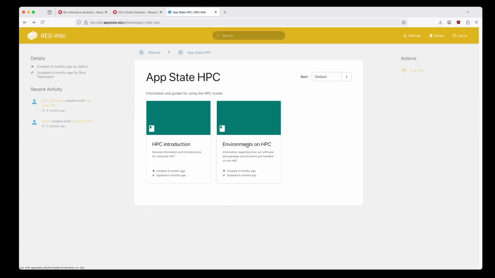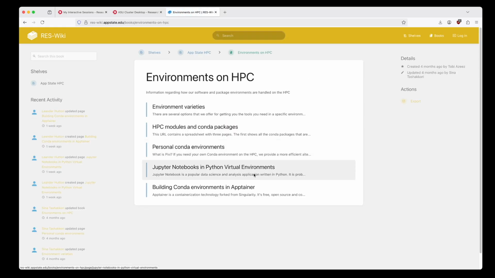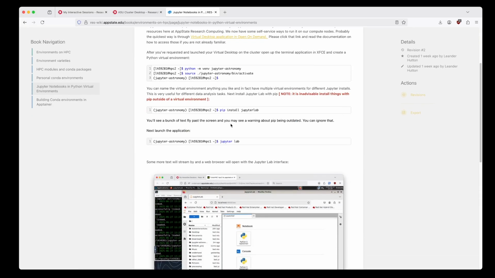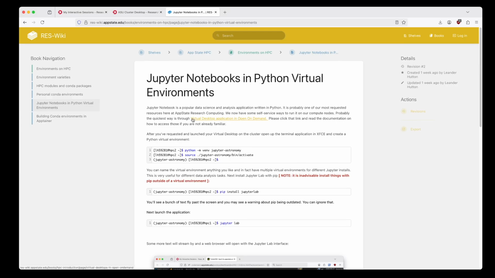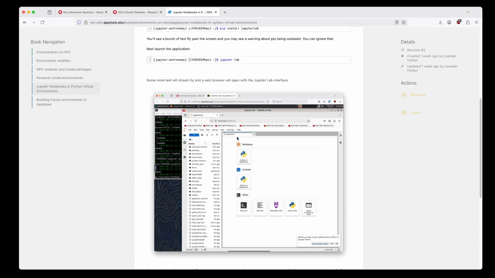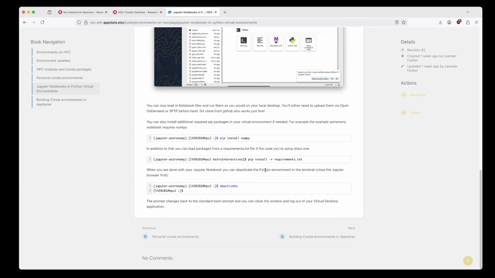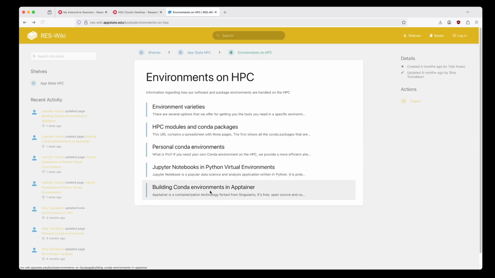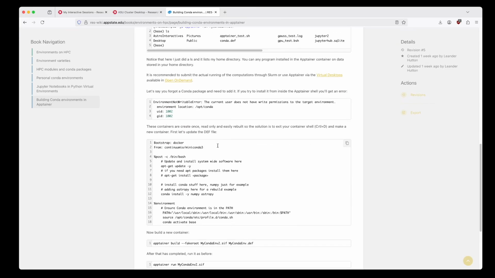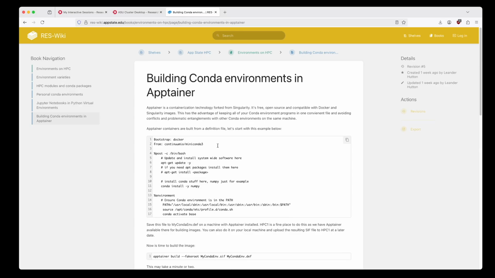And we've also added a couple of new pages here on doing Python environments, virtual environments in Jupyter Notebook. So this is also through the virtual desktop application in Open OnDemand. Again, there'll be a video on that, but if you prefer it in written form, it's already here. And we also have one on building Conda environments in Apptainer, which is a Podman Docker-like container system for HPC. So we've got a little bit of documentation here on doing that. And that is, once again,